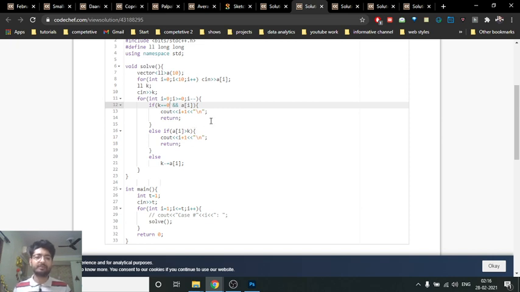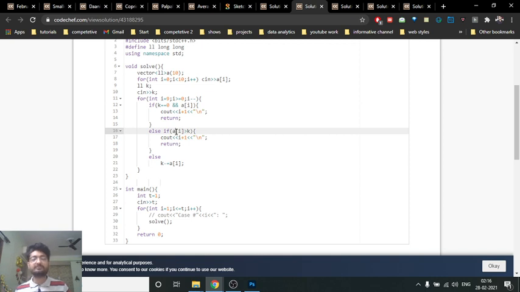Else, if my k is less than a of i, which means that my current paper is, let's assume, 100, the number of papers of difficulty 10 is 100, and my k is equal to 2. So I can take out 2 papers, but still how many papers are remaining? There are some papers remaining of the maximum difficulty on which we are. So the answer is obviously this ith paper.